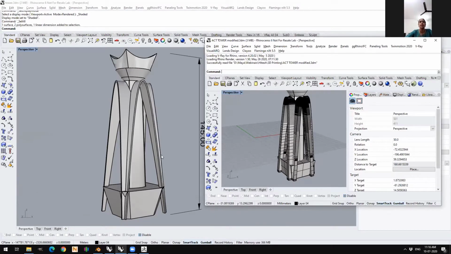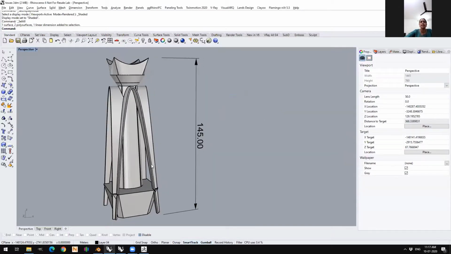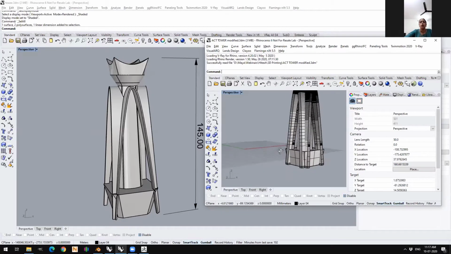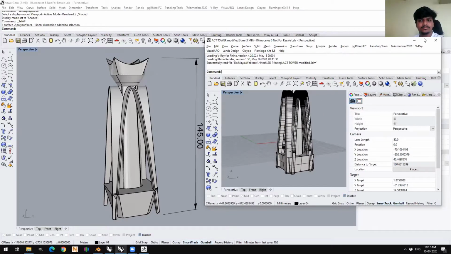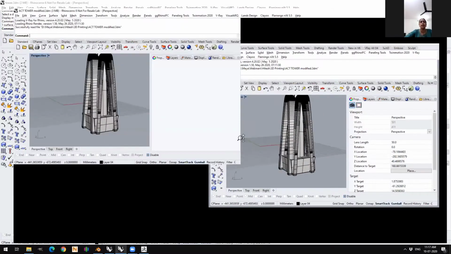The simple reason being, when we are talking about FDM technology, we are talking about accuracies of up to 0.5 mm, or 50 microns, you can call it. Sorry, 150 microns. So we cannot have very thin parts, because something like this can easily break after we print it. So the main thing over here is to create the same object.